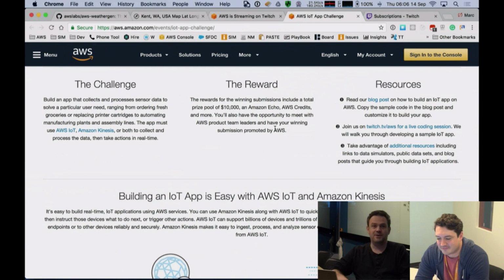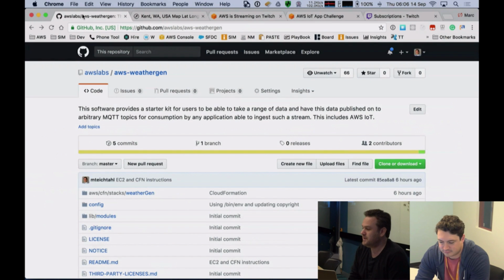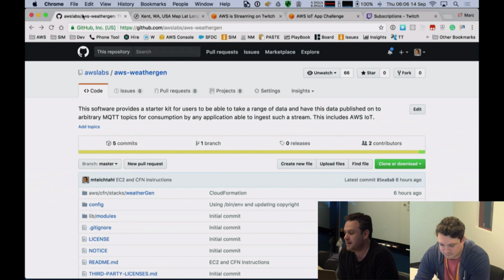Sounds good. All right. So what I'm going to do is jump across to the AWS Labs GitHub repository. For those of you who are familiar with Git, this may be a little laborious, but for those of you who are not, Git is a distributed version control platform that allows you to maintain code, distribute that code to a broad community, and manage changes to that code.